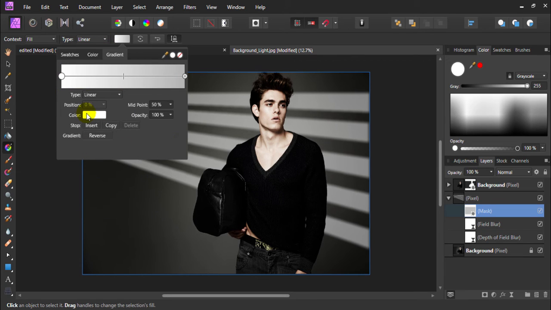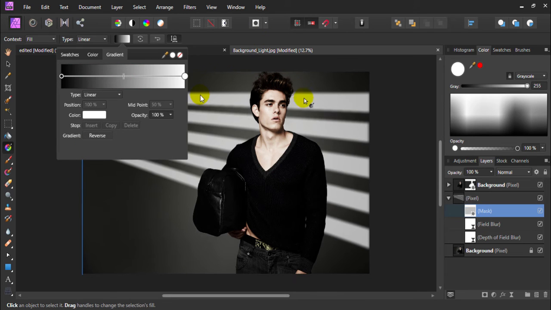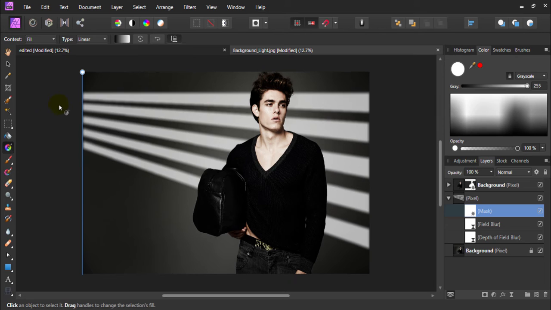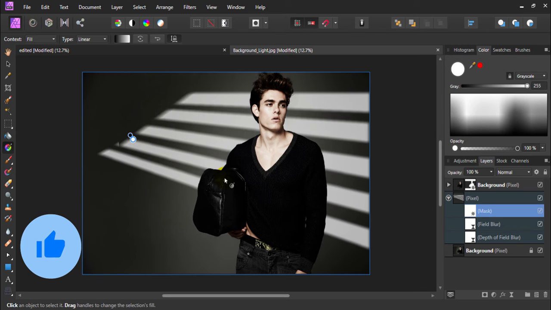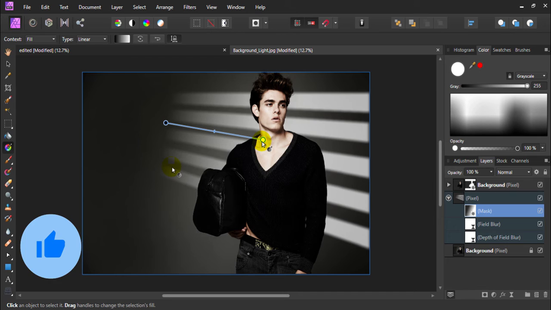Okay, so I select color black to white. Okay, and now just draw a gradient from here to here. Okay, and I think it's fine.